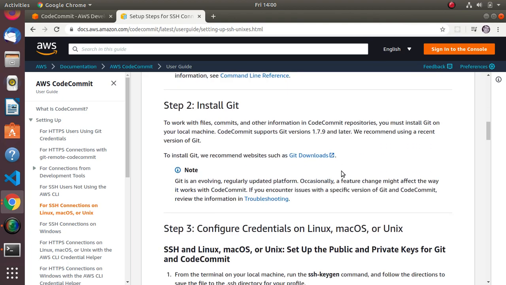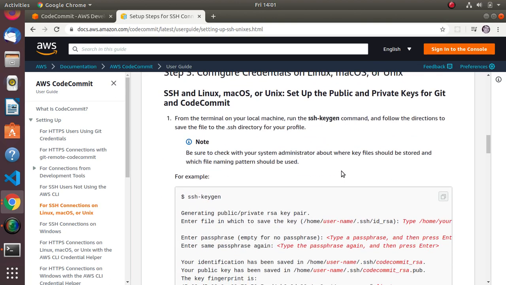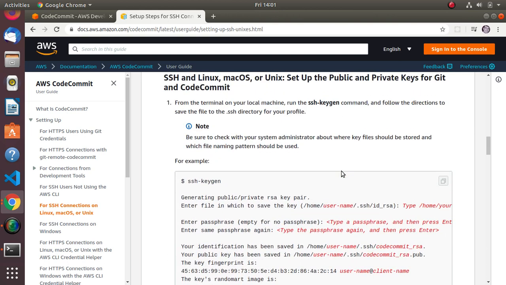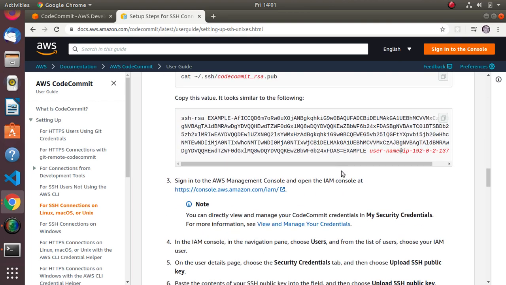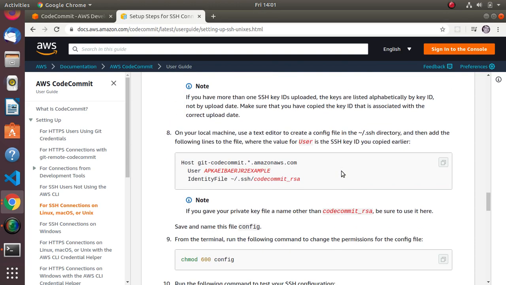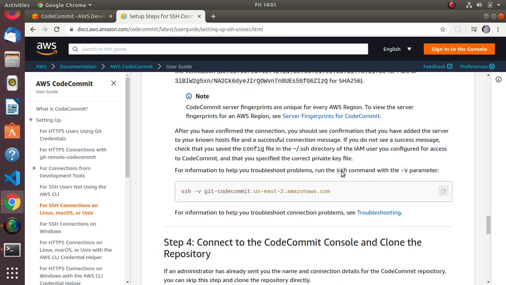I've already gotten Git installed. It was one of the prerequisites to this video, so you should have already had that. There are some very particular steps involving creating public and private keys associated with that developer user. That's why it was tedious to try to do on camera. So you go through this whole thing, you copy some stuff, you edit some files, and before you know it, you're able to